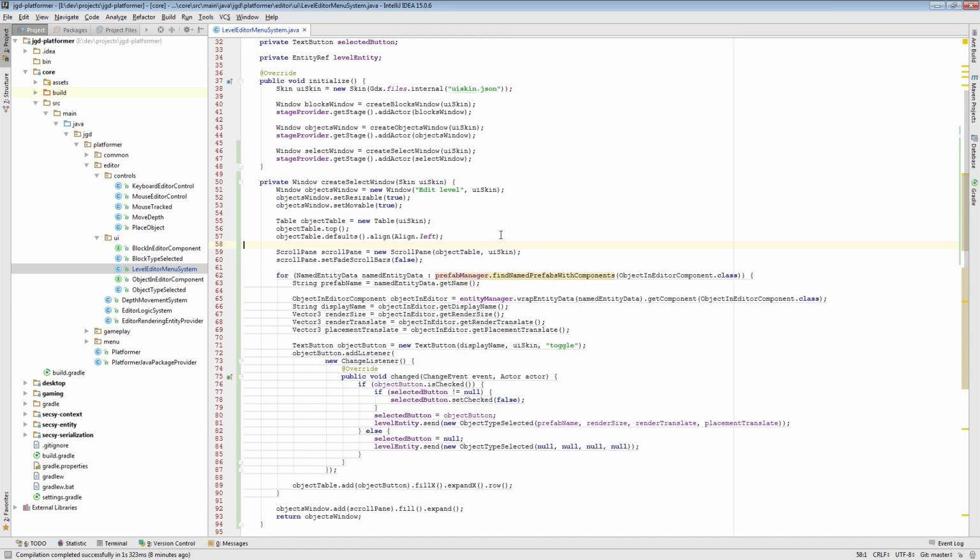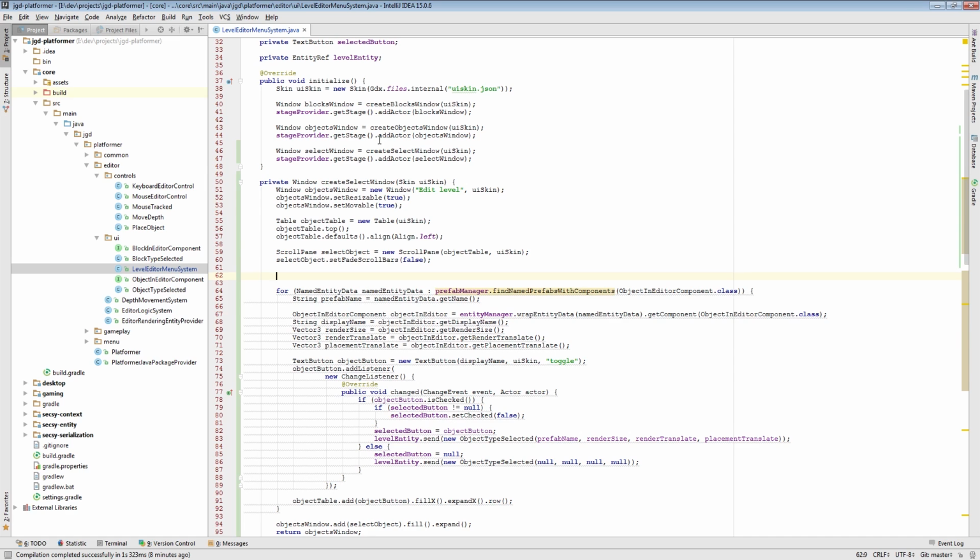And in this window, I'll have to have two scroll panes. One scroll pane for all the objects in the scene, and another scroll pane underneath will be for editing the selected object. So for now, let's add first one, and let's call it select object. And in here we'll have